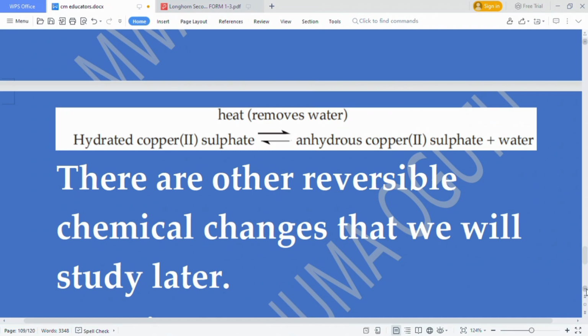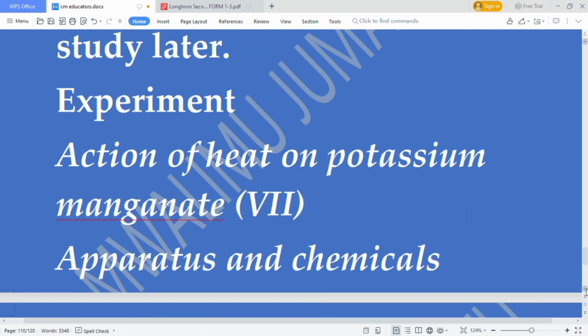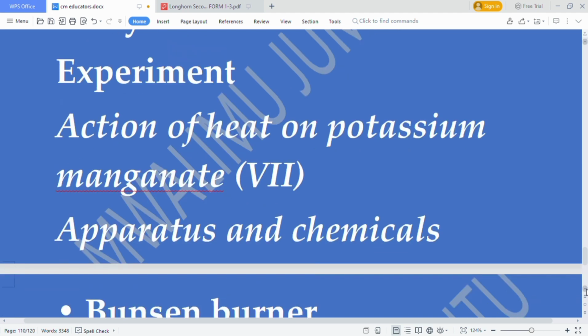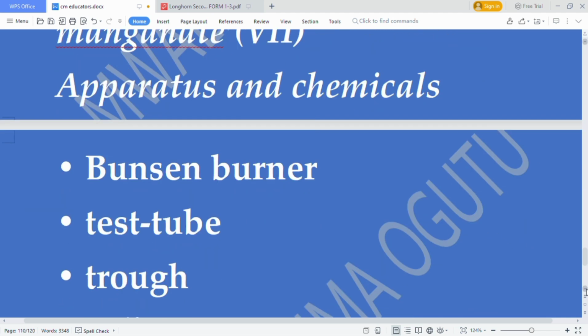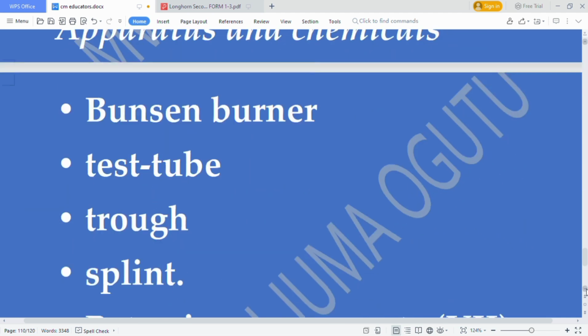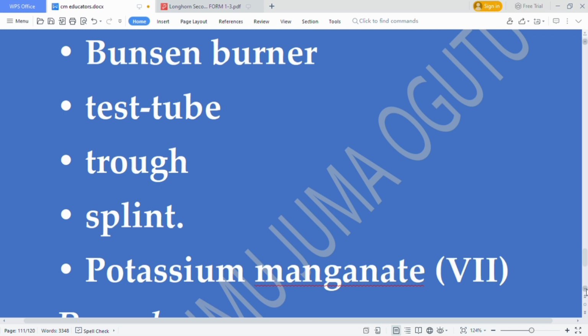So in the second experiment, we had potassium manganate 7. So the apparatus and chemicals: we have a Bunsen burner, we have a test tube, we have a trough, we have a splint, we have potassium manganate 7 itself. So procedure: